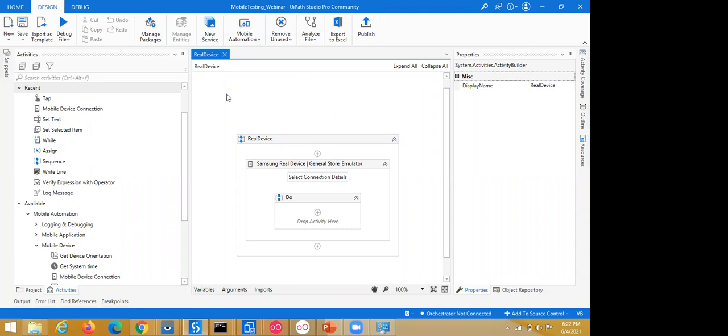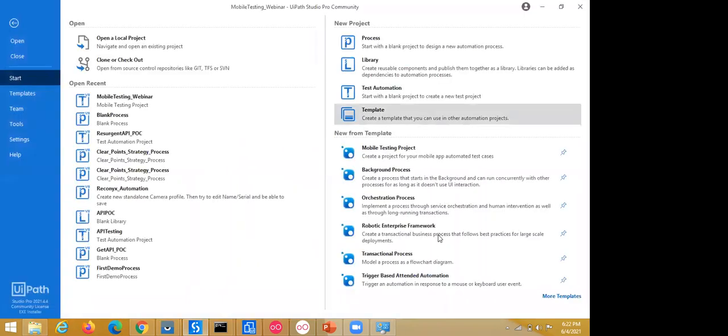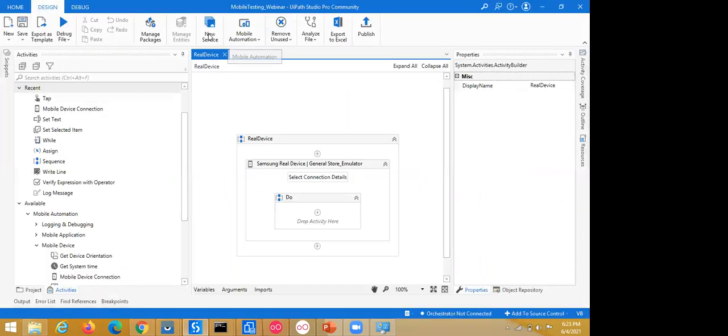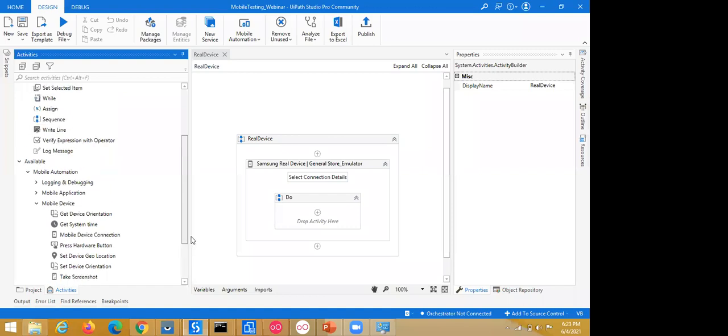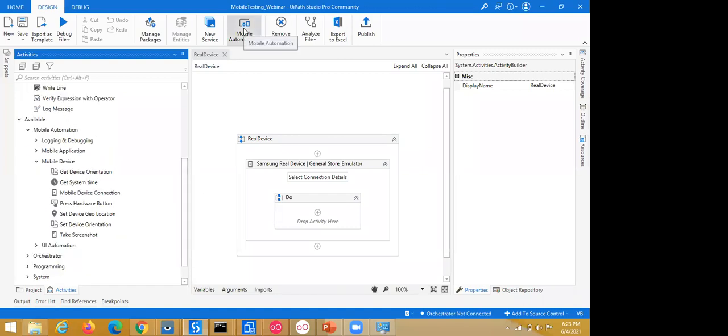When selecting the project, just select the mobile testing project, so all the settings and dependencies for mobile applications are automatically available. Then we need to go to the mobile automation pane, and here is the mobile device manager.